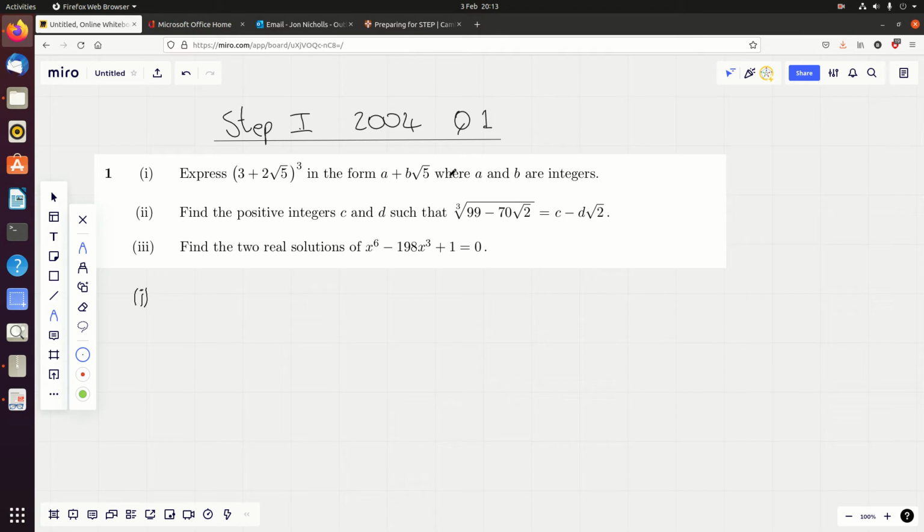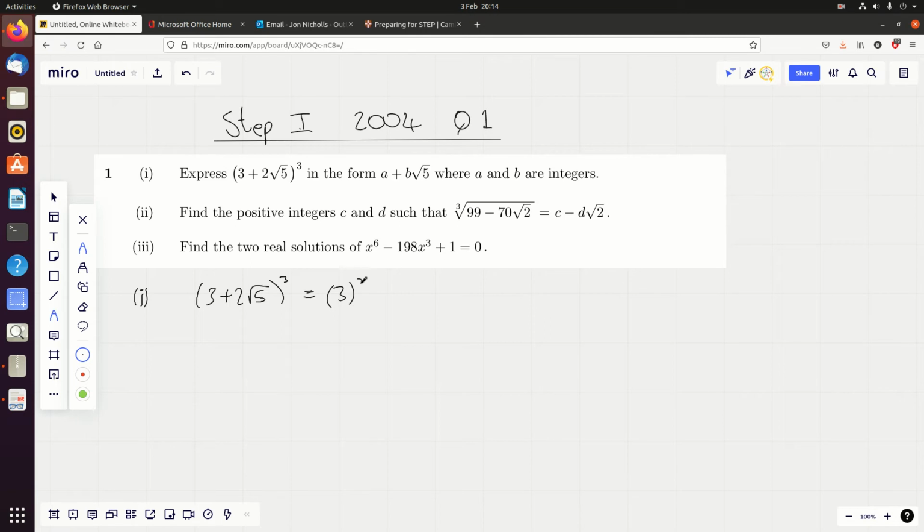3 plus 2 root 5 cubed. Now this part 1 really is what I would describe as a settler question in this exam, definitely not too bad. You've still got to fiddle around with a bit of arithmetic, and remember this is a non-calculator paper, but really there's not much to it. Now you could just multiply this by itself squared, and then multiply it by itself once more. But to be honest, that's not really the flashy way of doing it. It's probably not the quickest way of doing it. The quickest way is probably to use